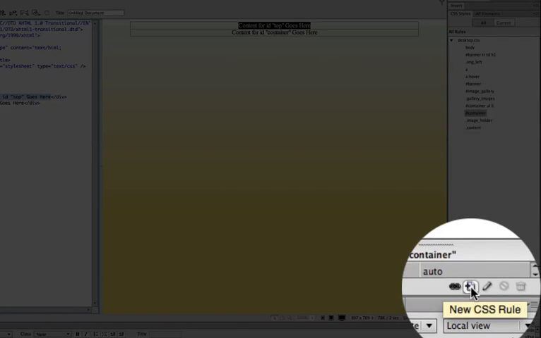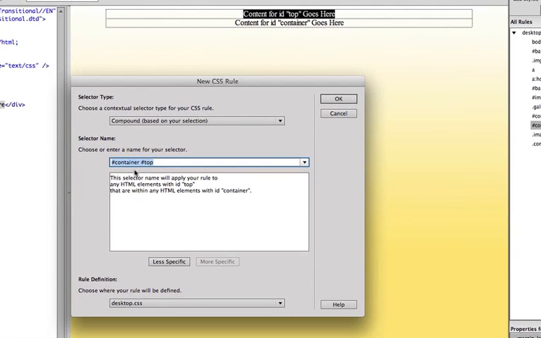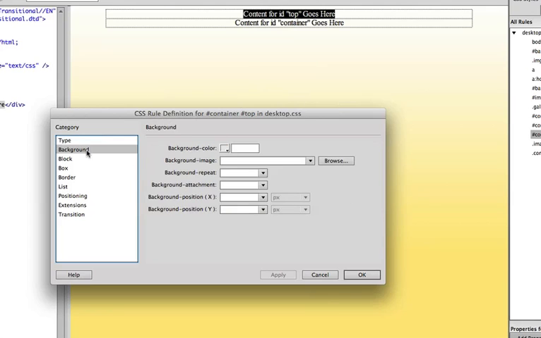So once again, click on the little page with the plus sign, new CSS rule, and it says container top. So it says you want to style a div called top inside container. Yes, I'm just going to leave it like that. So this is a compound style, and it's contextual, meaning that I'm styling this particular top inside the context of the container. I click OK, and all I'm going to do here is I'm going to go to